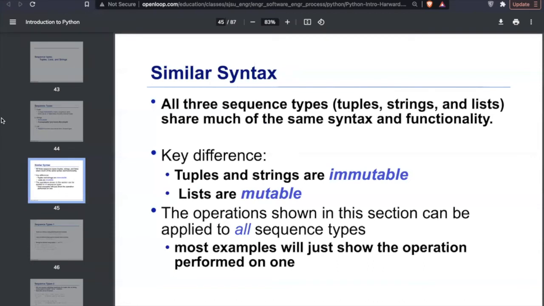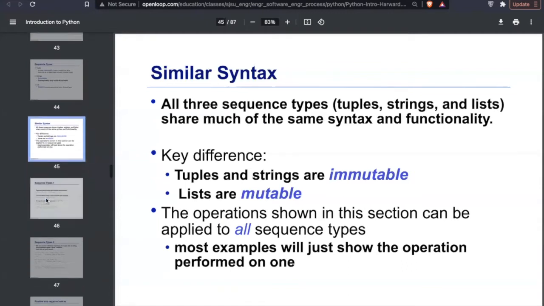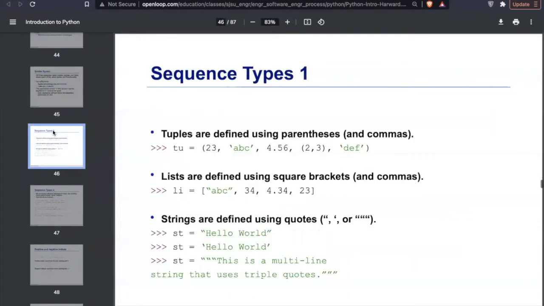All three sequence types have a similar syntax and share much of the same functionality. The key difference is that tuples and strings are immutable, whereas lists are mutable. The operations shown in this section can be applied to all sequence types. So we'll move on to the operations next.